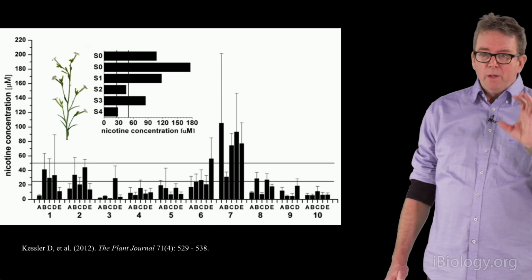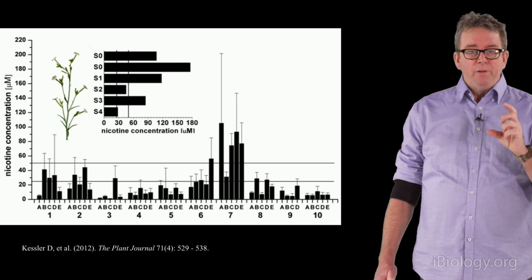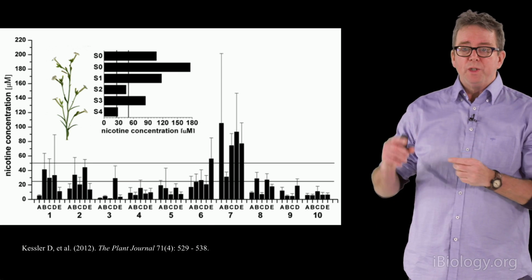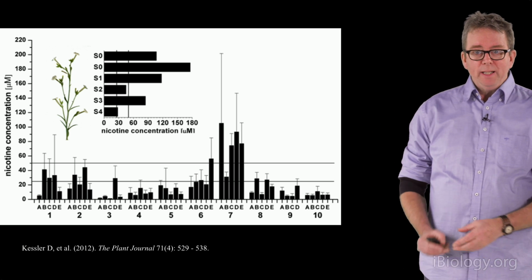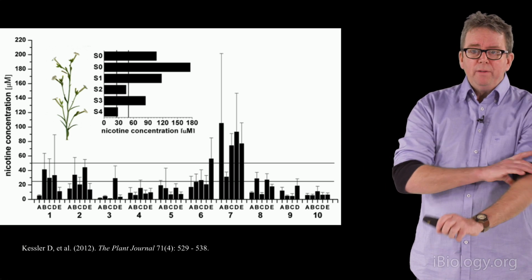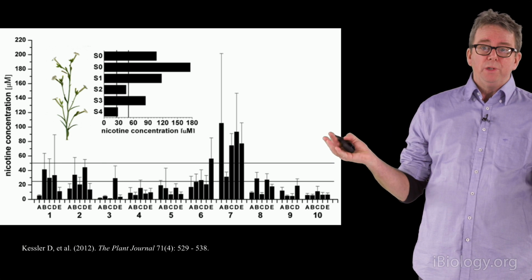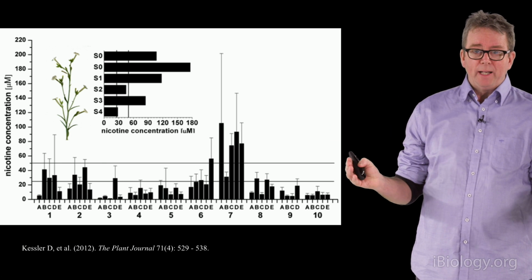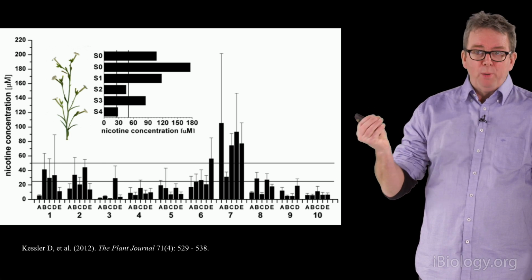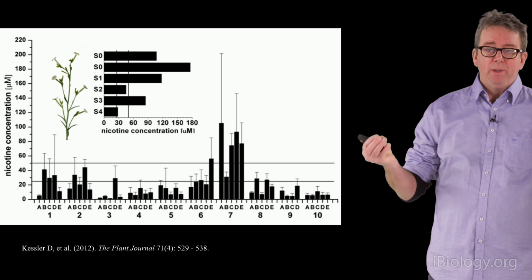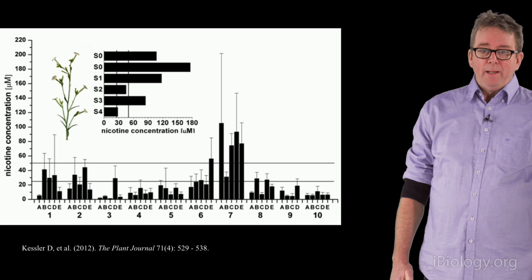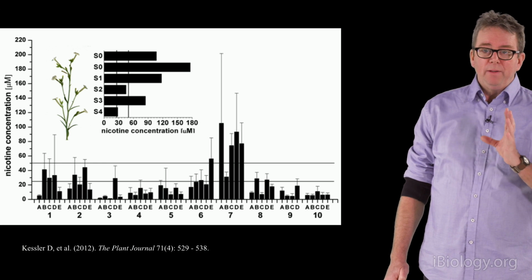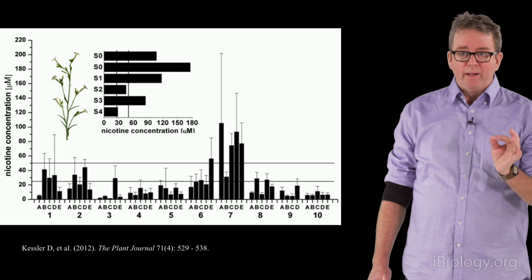And if you look closer within a given inflorescence, you find the explanation for why the standard error bars on that graph are so large. And the reason is that the flowers within the inflorescence have a random distribution of nicotine in their nectar. There is one really poisonous flower, usually, in a typical inflorescence, while the other ones are not so bad at all, and there's no predictability for where that particular poisonous flower is.